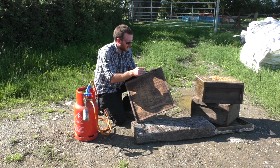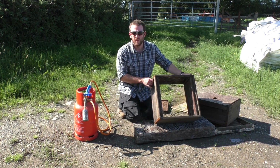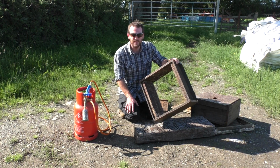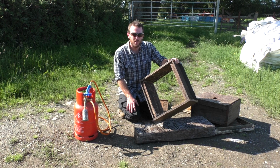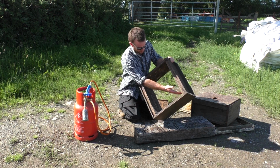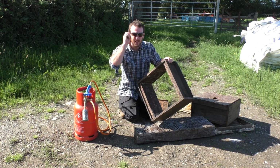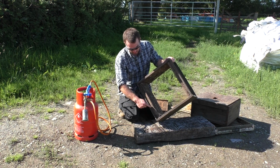Now to the important bit, the brood box. More often than not, this is where the disease is going to be, inside the brood box, and we want to pay very close attention when we sterilise in here. We've got a lot of joints in the corners. We want to direct the heat strongly into all the joints,